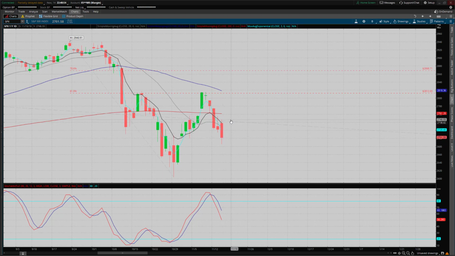So if it takes that out, then this is a failed bearish engulfing candlestick, and a failed engulfing candlestick is actually a good signal in the other direction. So a failed bearish engulfing would actually be a fairly decent buy signal, okay? So that is significant if we took out 2746.8, which is roughly around 2750, but that's the exact level. And that would definitely get us above the T line, which we've been resisting against in this downtrend.